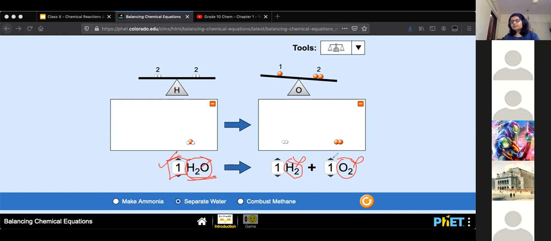So the main rules to follow for balancing are: one, do not change the formula. Like if it is H2O, it should remain H2O. Don't change the equation at all. Rule number 2 is the only thing you can change are the numbers before the formula, so you're multiplying those many number of molecules. And rule number 3 is the number of atoms of every single atom on LHS should be equal to the number of atoms on RHS. Anirban, your oxygens are balanced, but hydrogens are not. So check what you can do to balance hydrogen.